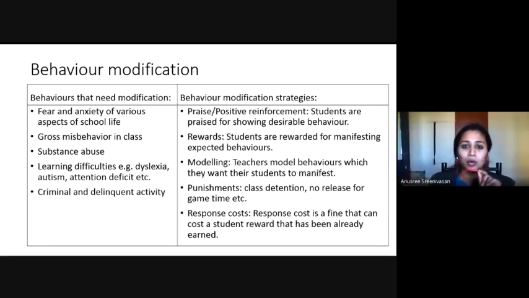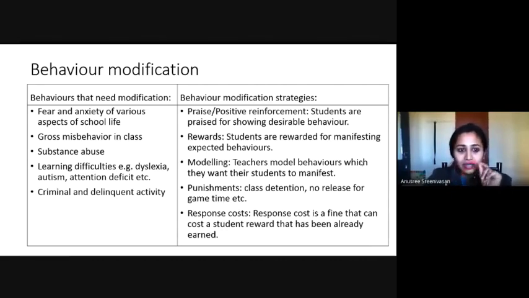in younger, small classes, I've seen teachers use mechanisms like you draw a police van here, and then you have a police station there on the board, and whoever's car reaches the police station first, by the end of the class, your police car should reach the police station. So each good thing that you do, your police car will move a little bit. So this is one fun way of making the students behave well in a class. So yeah, these are some of the modification techniques.